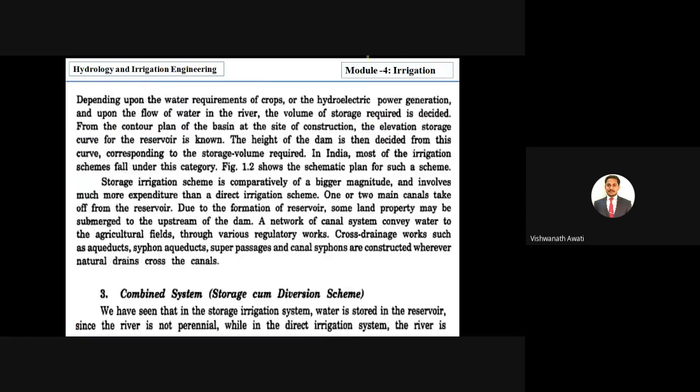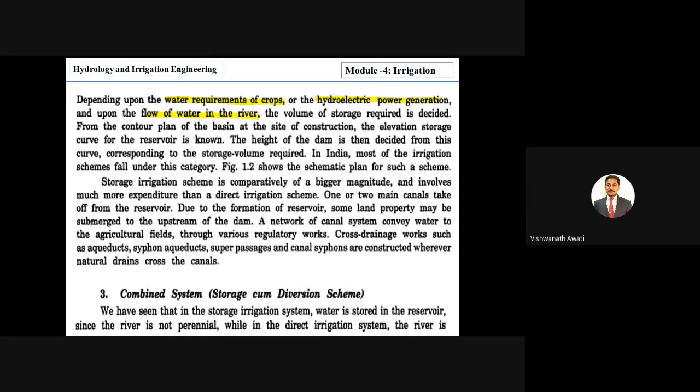Right here, depending upon the water requirement of the crop, or hydroelectric power generation, and upon the flow of water in the river. So based on the water requirement of the crop, depending on which type of crop. If it is sugar cane, based on the sugar cane area, you can call it a sugar belt area. That water requirement of the crop, or it depends on the hydroelectric power generation, and even depends on the flow of